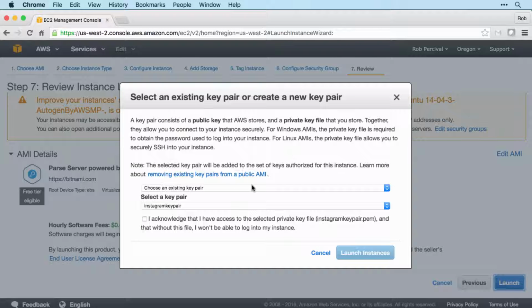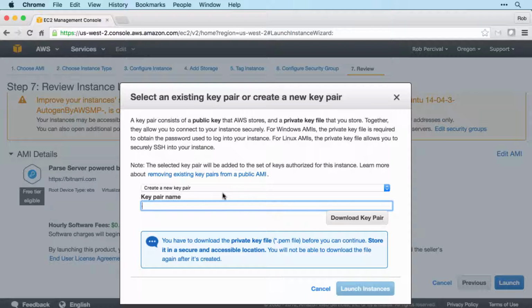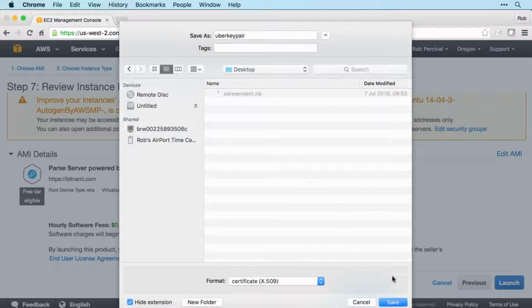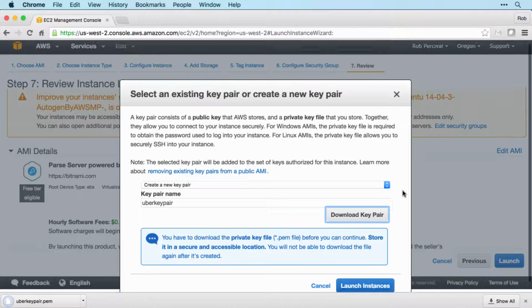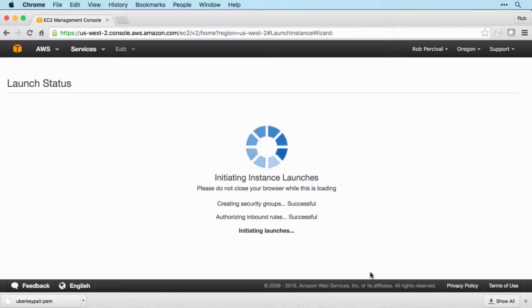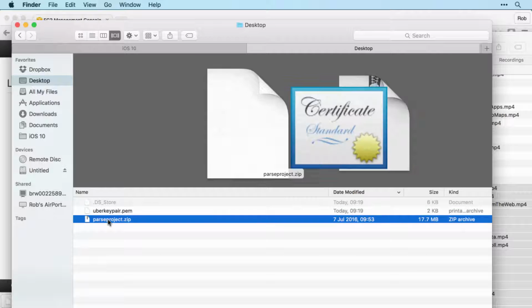And as before, we'll create a new key pair, and I'll call it Uber key pair. Then we'll download that and we'll save that on the desktop. There we go, and then launch instances. As you'll remember, that takes a little while, so while that's going, we'll jump over to Finder and open up